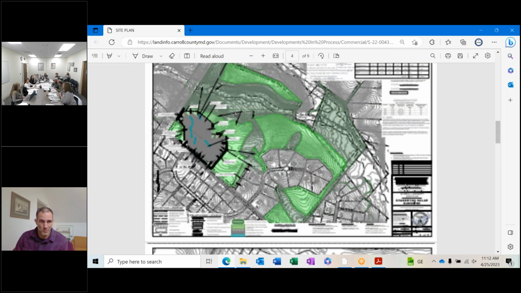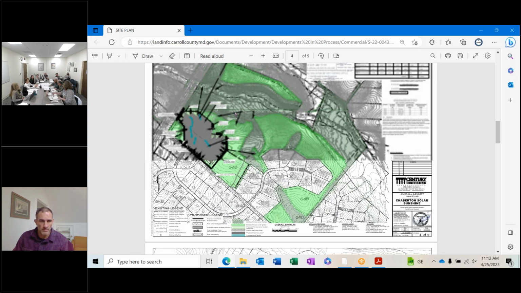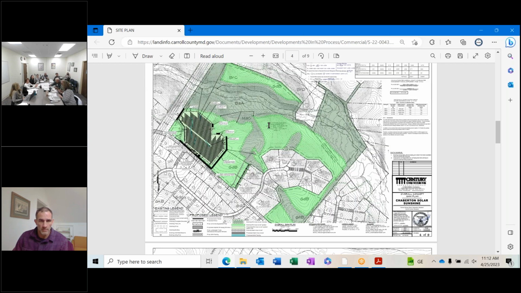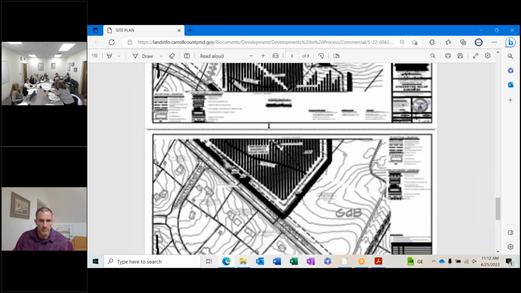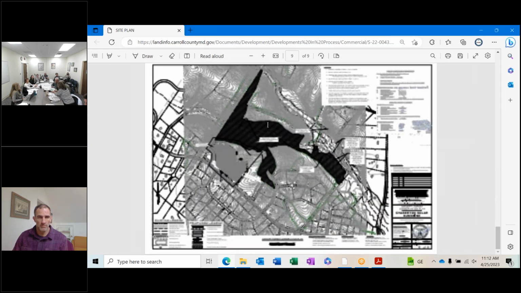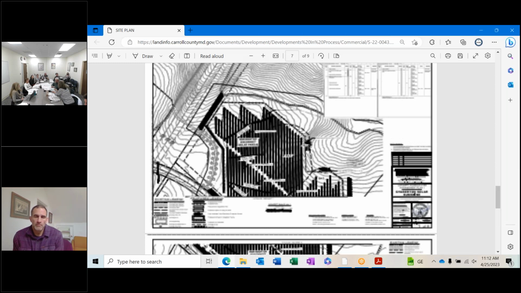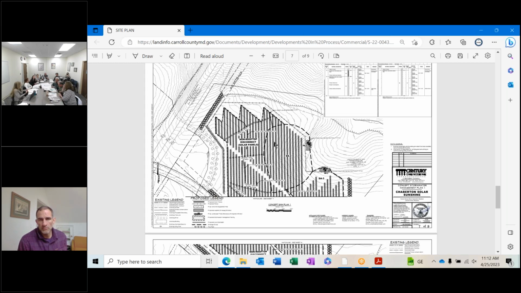So what is the width of your buffer? Pardon me? What is the width of your buffer? I don't know. Do you know? Well, I'm trying to see that. I know from this property line to these solar panels, it's 400 feet. 400 feet. But that's the property that's in this scenario. But you can't do that on every property. Wait, I'm sorry, that's not the width of the farmers' planting buffer, right? No, that's the setback. That's the setback, not the separation. No, that's the setback from their property line to the solar panels. Okay. From their home, what is it? Farmers do have a buffer now, I mean, they're not farming right up to their property line in most cases.